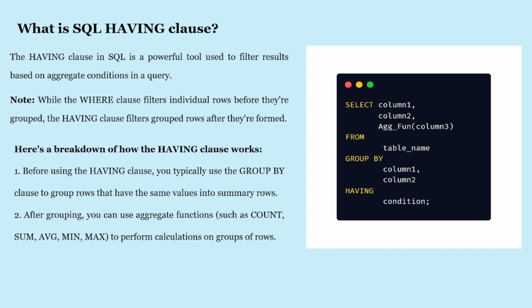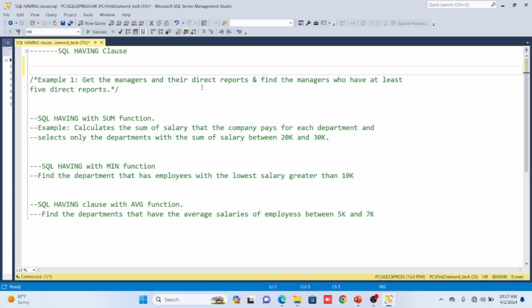Without further ado, let us move to our database to show you how to use the having clause. Suppose we want to get the managers and their direct reports, and we want to find the managers who have at least 5 direct reports. To do this, first let's view the employees table from employees